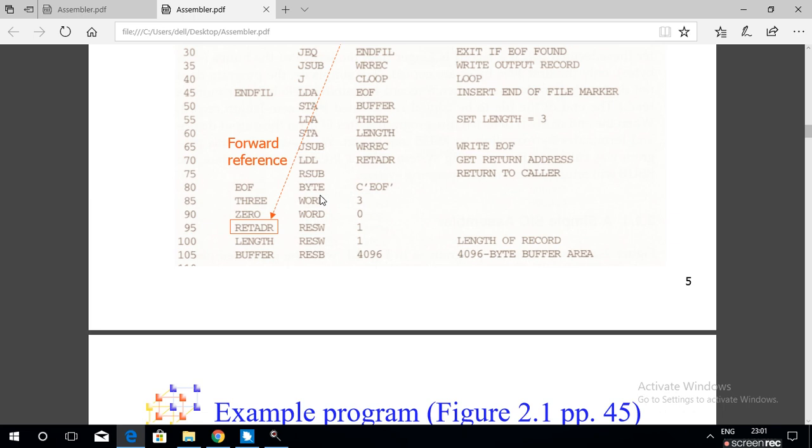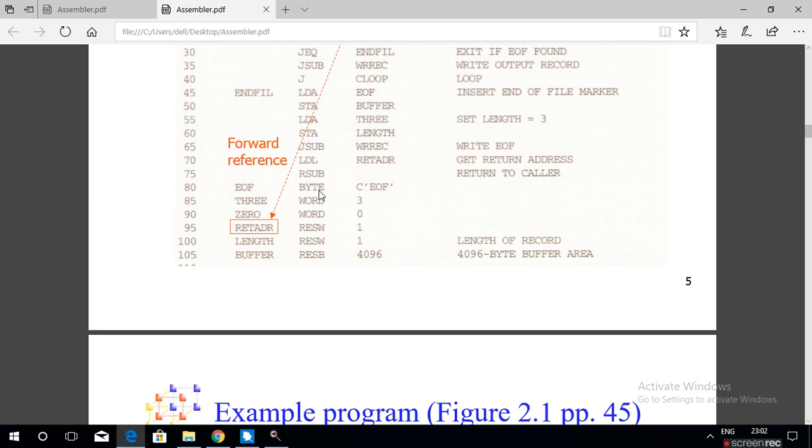It can also be used to assign a constant value, a character value. So this instruction can also be used to assign a character value. See here, character value. Another use of byte is that it provides a symbolic name for the constant value. So the byte instruction instructs the assembler to reserve 1 byte of data area.